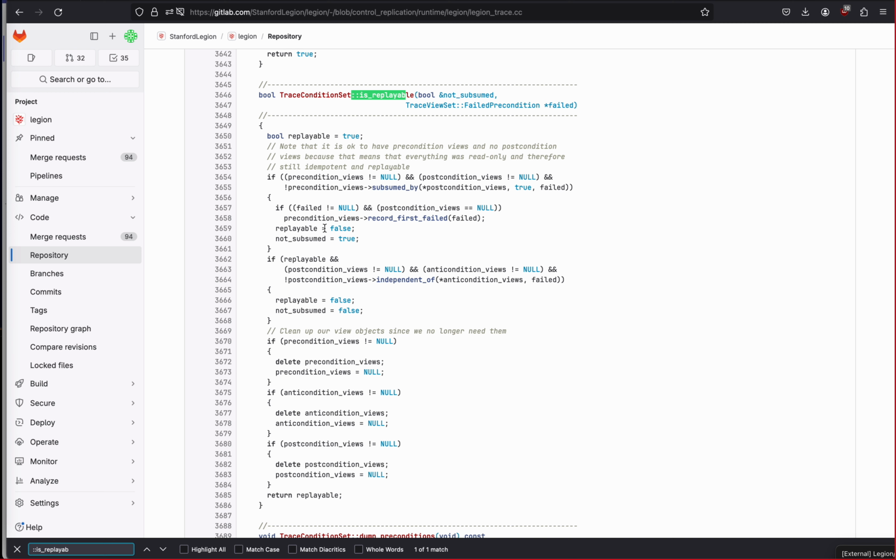And the reason for that is, effectively, if you're going to replay the trace back to back, you want to ensure that all the valid instances that you're going to be reading inside the trace are also written by the trace. That way, when you replay a trace back to back, you know that the instances are still valid even after a replay, right? And so effectively, this subsumed by call will actually do this test